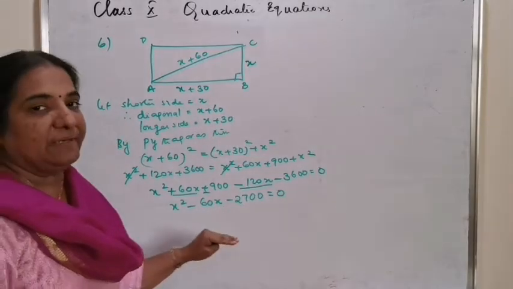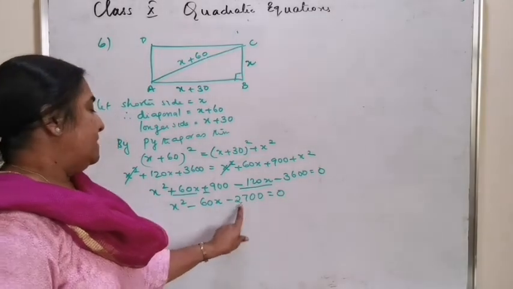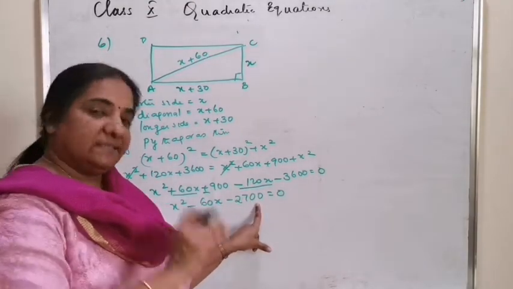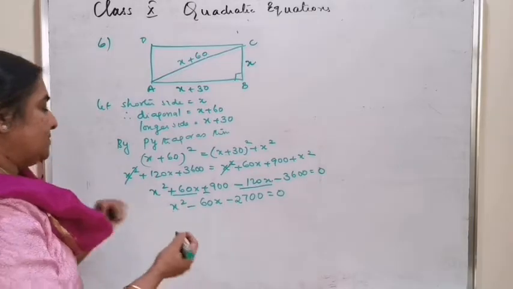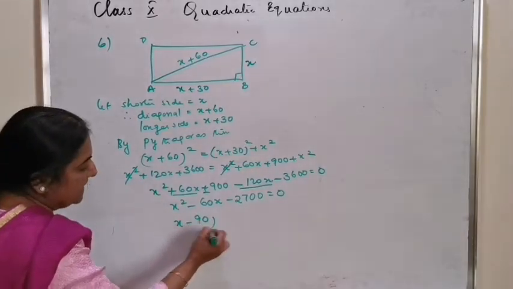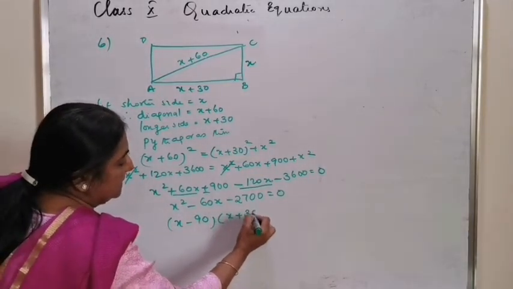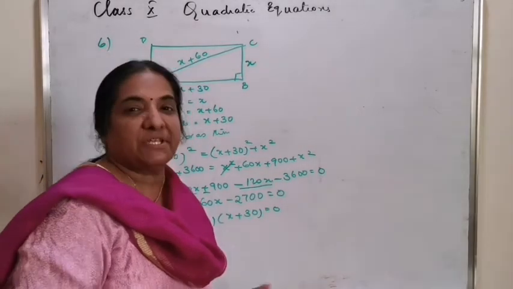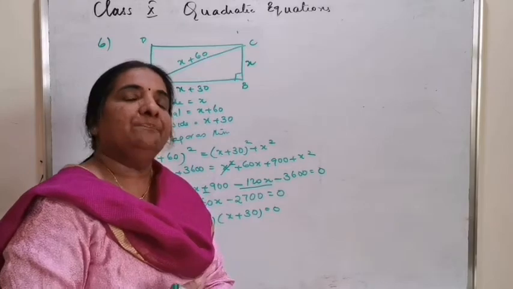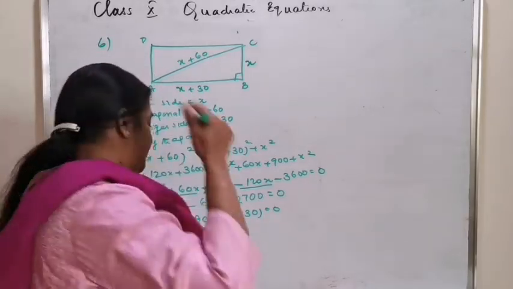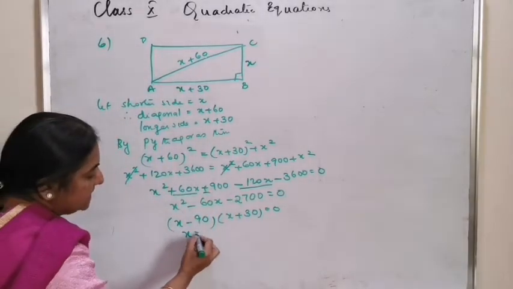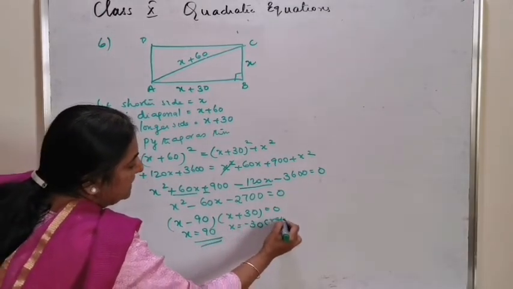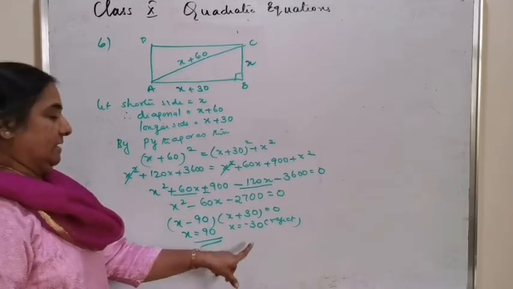Here also splitting the middle term is very easy because 2700 is 30 and 90. So you can factorize it as (x minus 90)(x plus 30) is equal to 0. Those who are finding it difficult, please proceed by the quadratic formula method. You will get the same answer. Or x is equal to 90, and x is equal to minus 30 we are rejecting